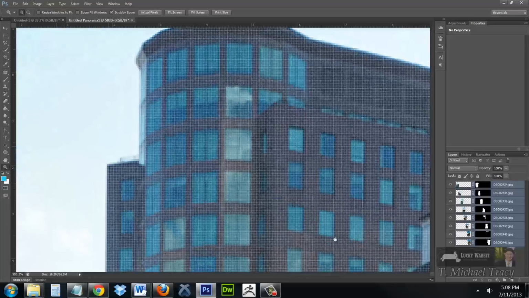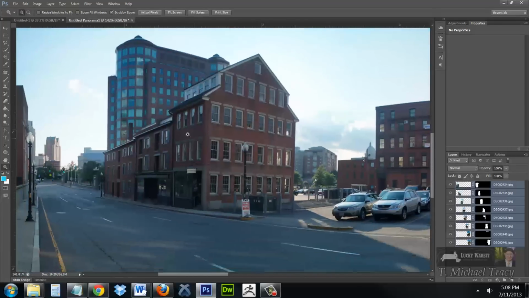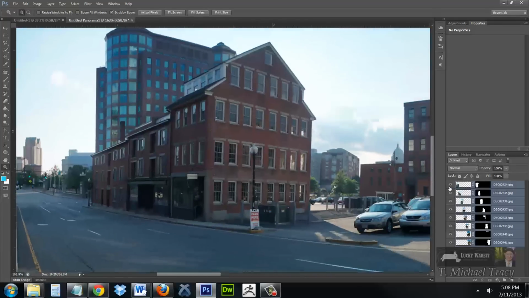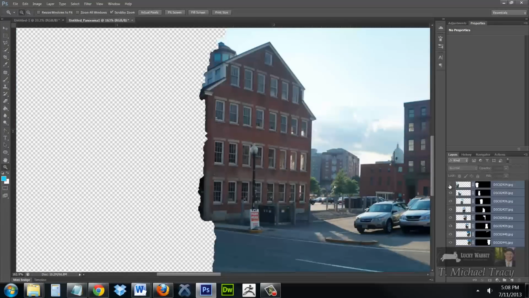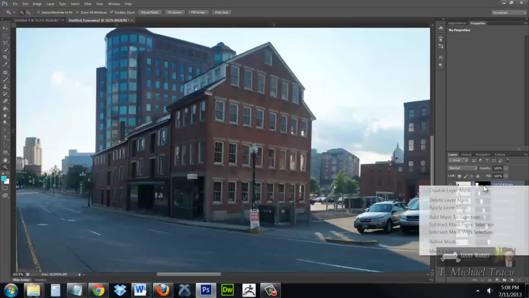Let's zoom in right here where that first and second photo met. Here's the first photo gone, here's the second photo, and they blend perfectly. Photoshop has automatically created masks. If I disabled the layer mask,